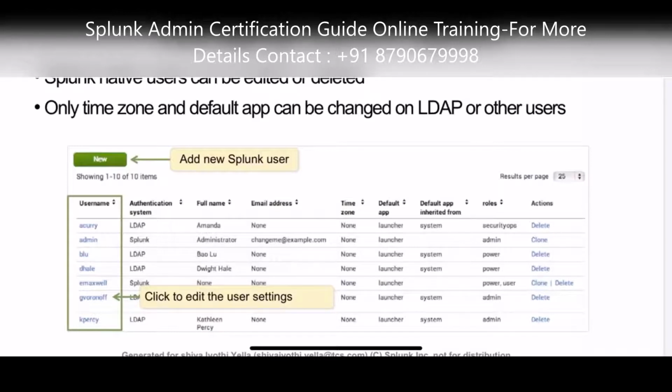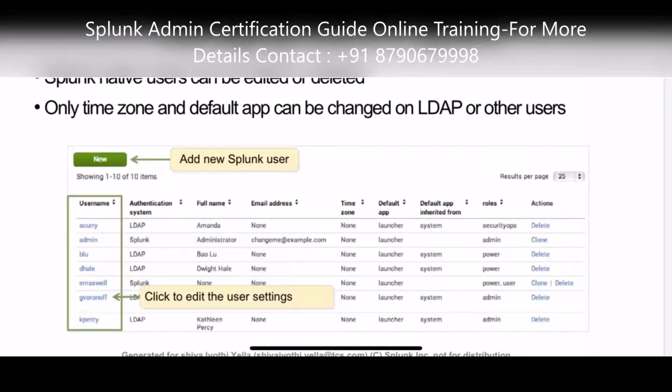Take the first user: it is provided with the LDAP authentication system, and full name and email address are provided. For the first one he has given none as the email address, but usually we'll see the email address for each and every user in Splunk. If you want to select a time zone, you can give it to the specific user. And the role they have added is security operations, security OPS.